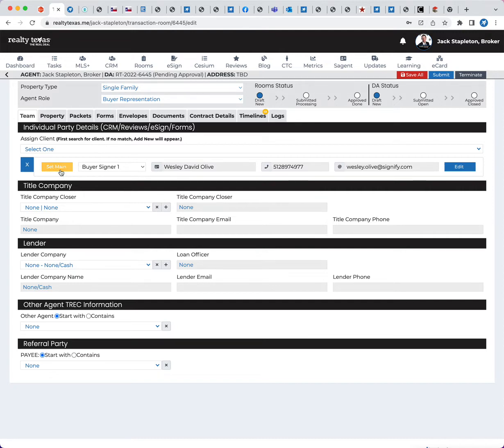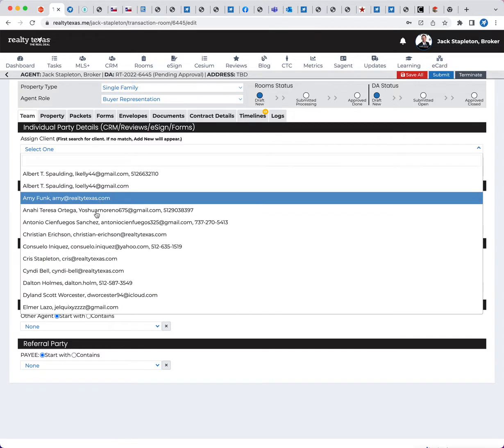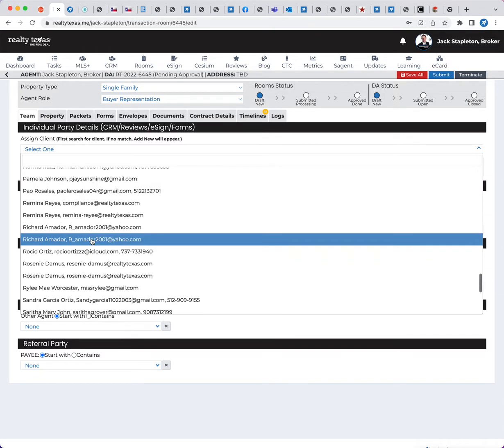So whoever that main contact is, we want you to set main, and it's going to put their email address and their phone number on the DA, because the DA is asking for only one main contact. So that's really what this is for, is when you click set main, it's really the main contact. If something happens to you, who do we call? If something happens at title and they need to call a customer, who should they call? And so we set main on the main contact person. And if you want to add another contact, you just go down the list and either do a search,